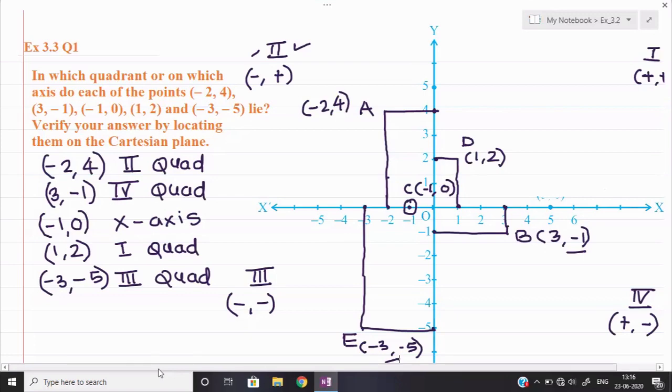So we shall take some additional questions, and maybe next time we will wind up our chapter, because this chapter is very simple, very small. So maybe it is possible. Let me see how many questions are remaining. So I will complete this chapter maybe next time. If required, we can take one more session. Okay, thank you.